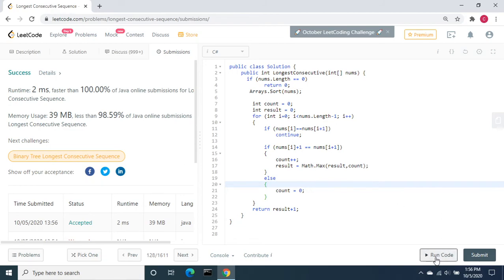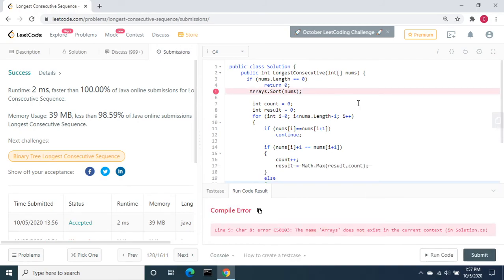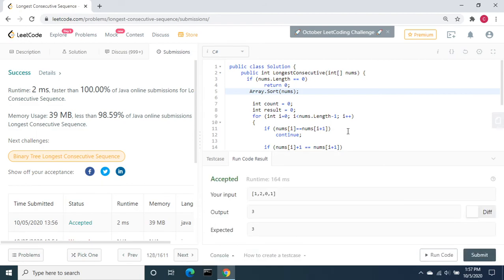Now let's run the code. It's not Arrays, it's actually Array in C#. Let's run the code again. It is successful. Let's submit.